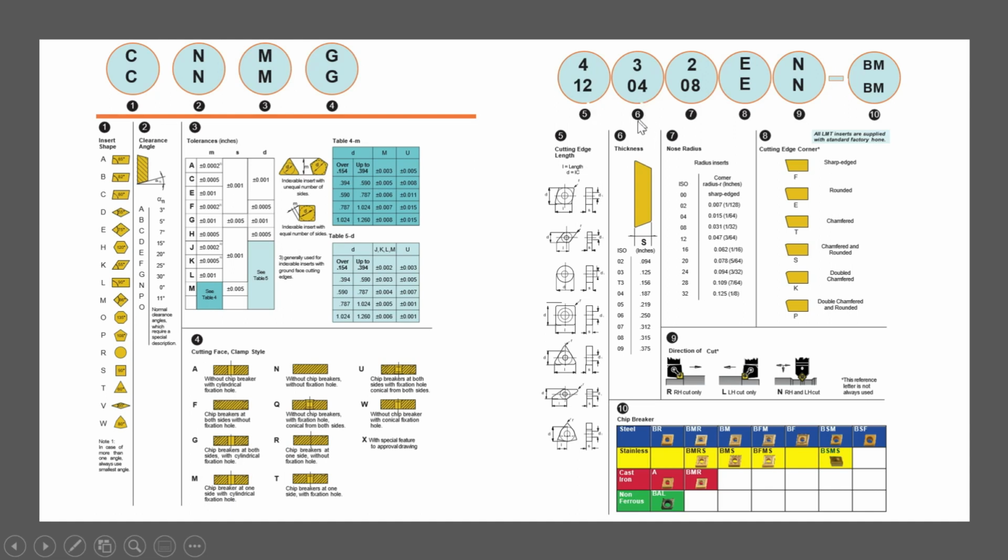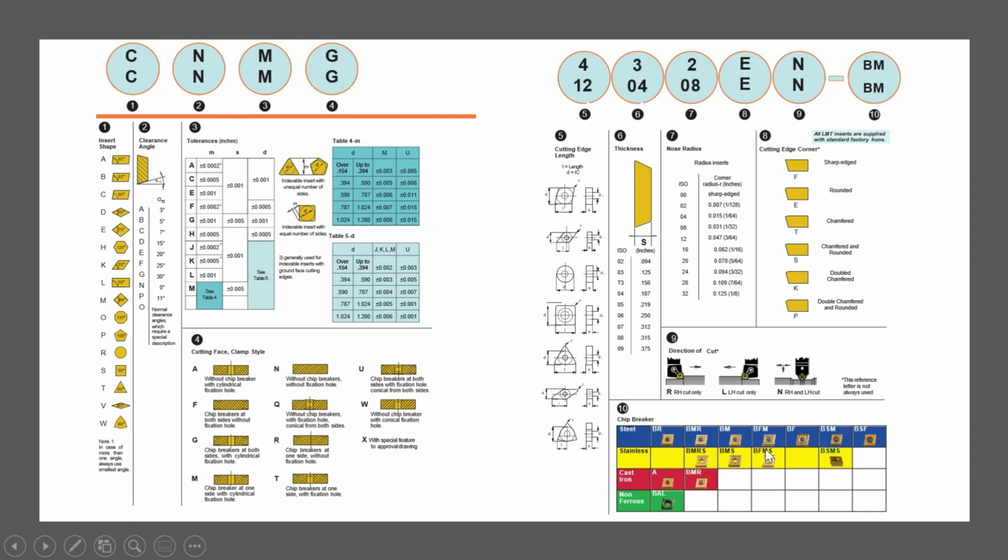Then thickness of the insert is the 6th character. Then the 7th numeric character is the nose radius. The 8th character is the cutting edge corner, the type of cutting edge. The 9th is the direction of cut, that is right, left and neutral. And lastly, the type of chip breaker.